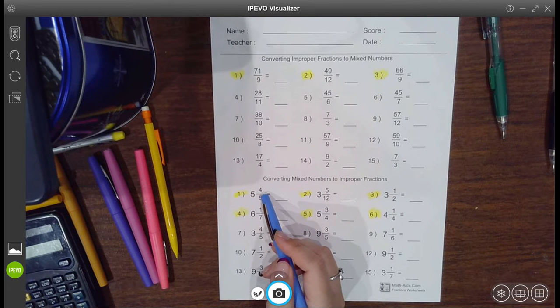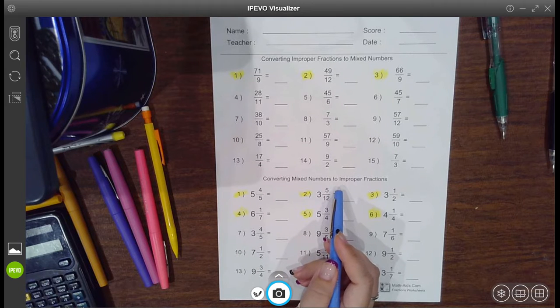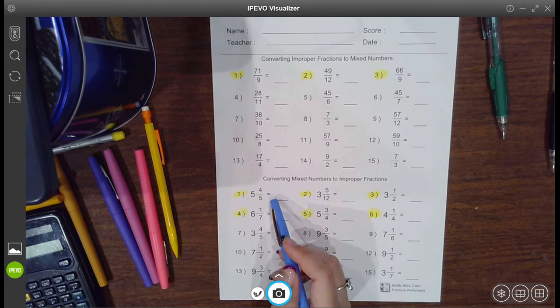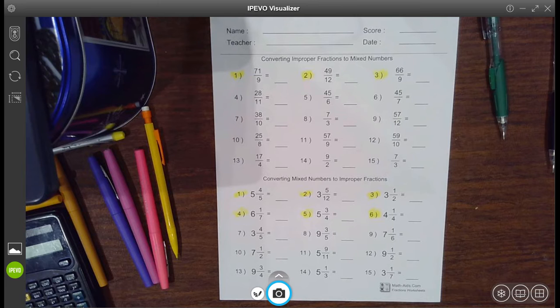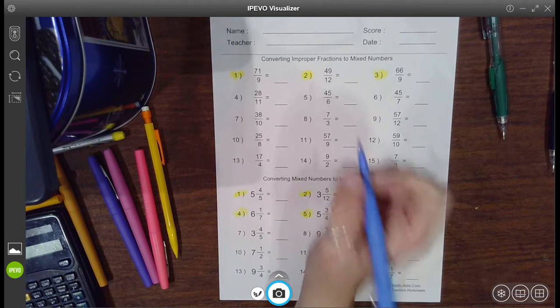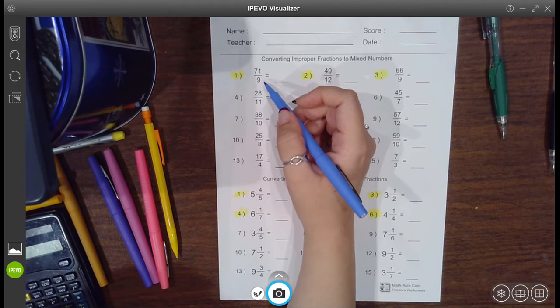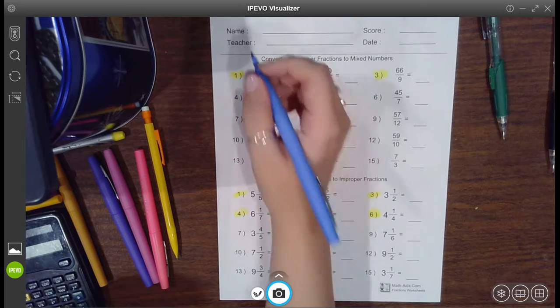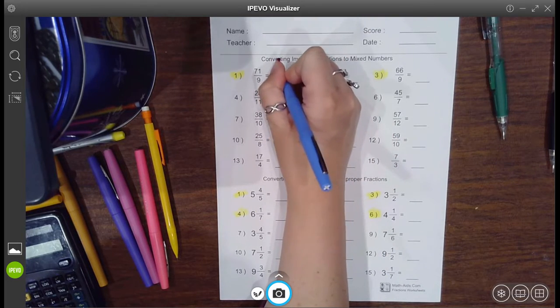If we're multiplying or dividing with mixed numbers, we have to first change them to improper fractions and then multiply with them. So both of these skills are necessary to know how to do. So let's take a look at just 1 through 3 in the top section and 1 through 6 in the bottom section. To convert an improper fraction to a mixed number, you take the top and you divide it by